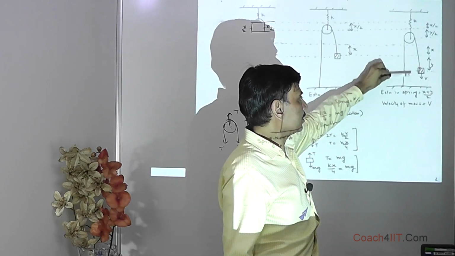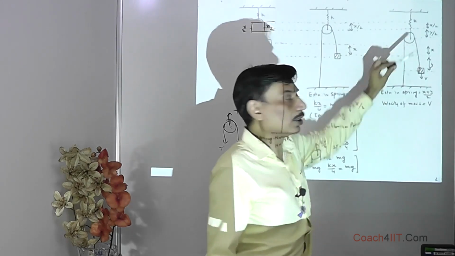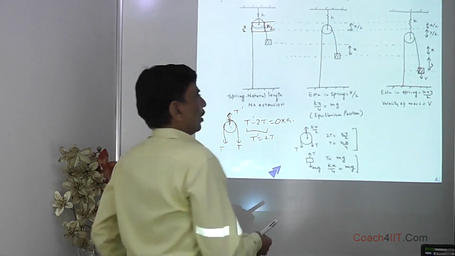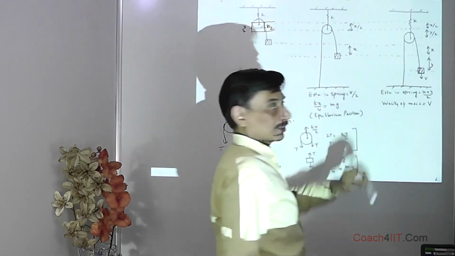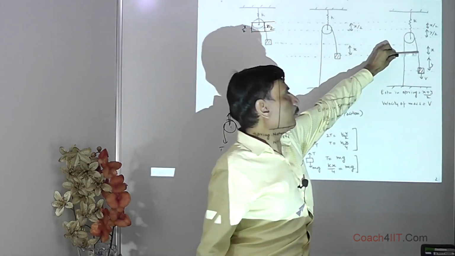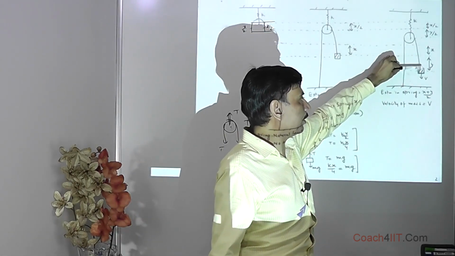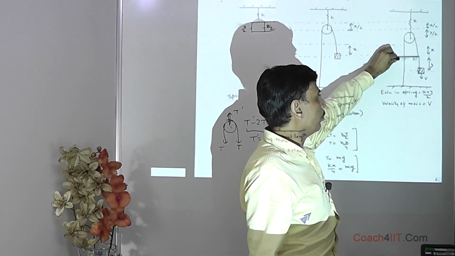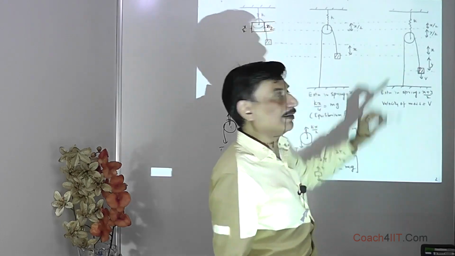This is the mean position, this is the extreme position. So over here it is going to have some velocity also. We are now talking of this position which is y distance below this. At this position, which is y distance below this, it has some velocity also, and as it moves from this position to this position, that is y distance further below this level,